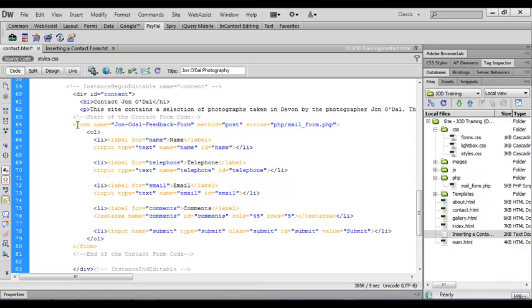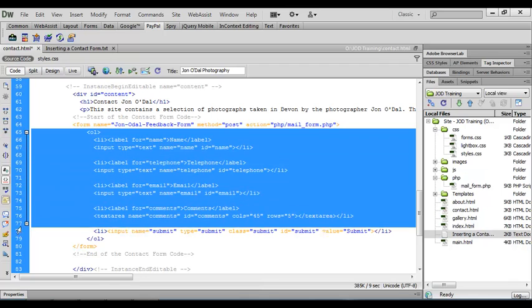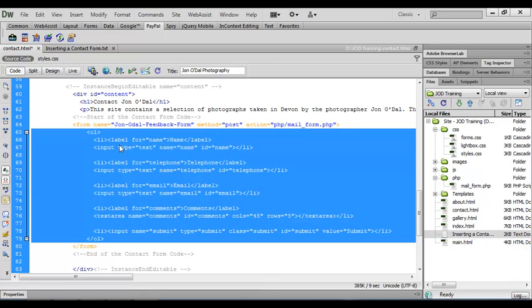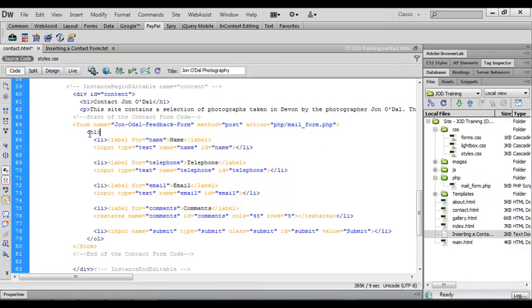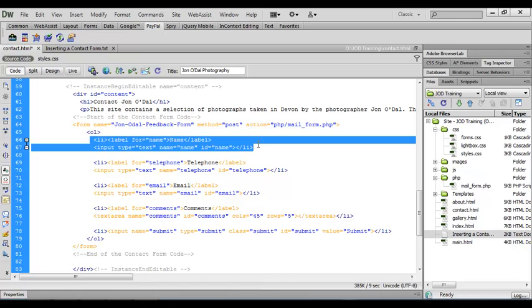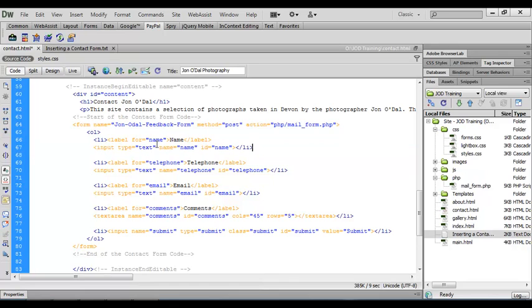But for now, we've opened up our form tag, and in there we've placed an ordered list with some list items. Now, we've done this in the past for our top nav and our social media sections, so we should be familiar now with ordered and unordered lists. Within the ordered list we've got the list items, and each of these list items relate to the label and text box that will appear as part of our form. So I've pasted the code in there. Let's save that